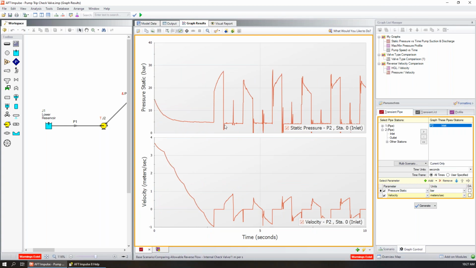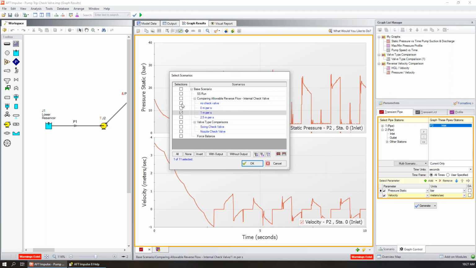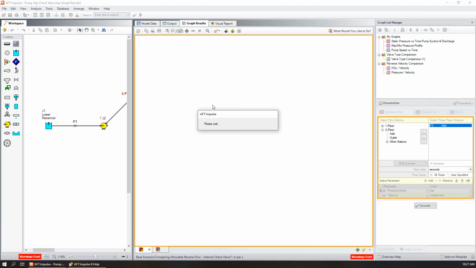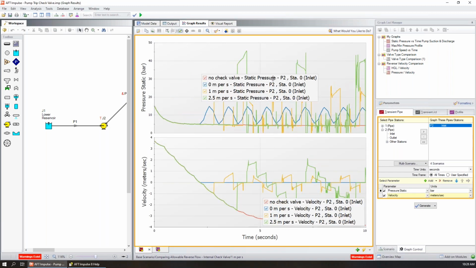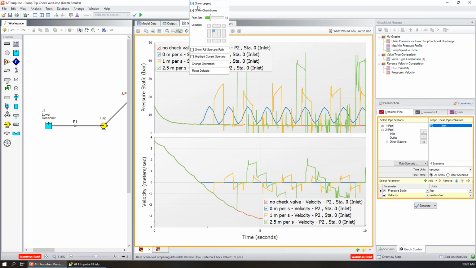We can do the same thing with this graph. Here we look at time in the x-axis and then our different variables in the y-axis, but we're localized to a position in the pipe. Again, in our graph, we just click multiple scenarios. We can select our different scenarios, add our different pieces, and generate it again. And here we can see, let's turn off the legends,